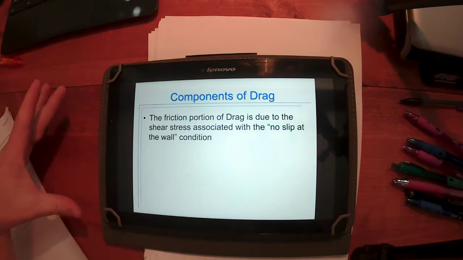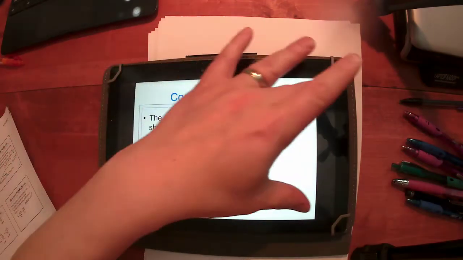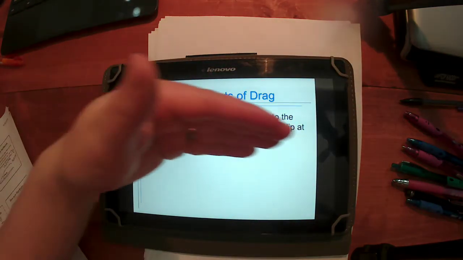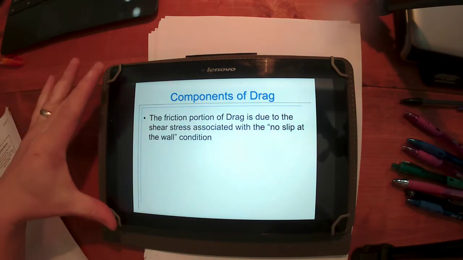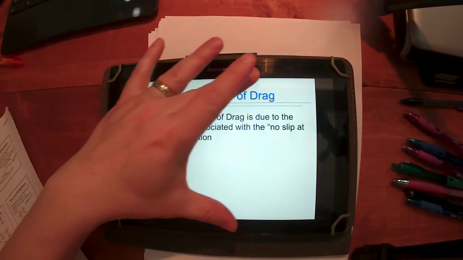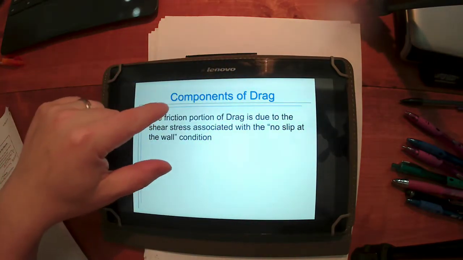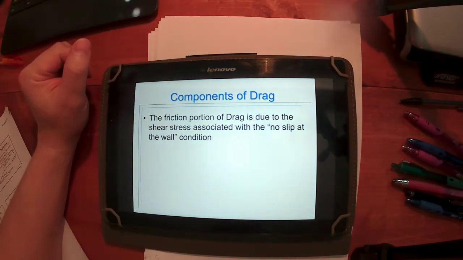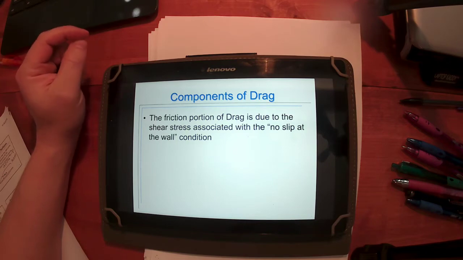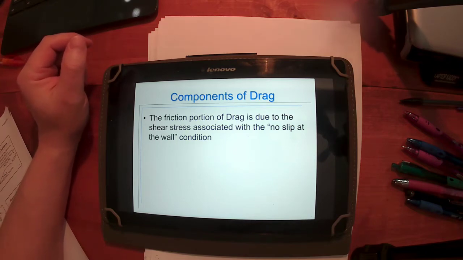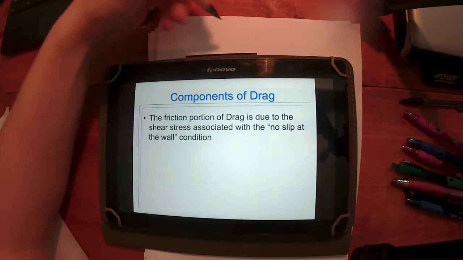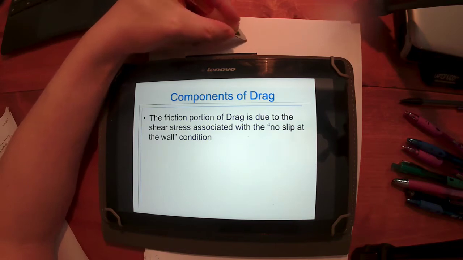if I've got, say, fluid flowing over this tablet here, right? Let's say it's coming across from left to right. As the fluid moves along, when it hits the surface of this tablet, some of that fluid is going to stick because that fluid has viscosity. It's going to resist flow. We call this the no slip at the wall condition. We've talked about that before, right? If I've got some flat surface here,